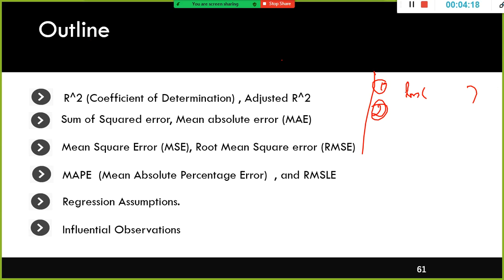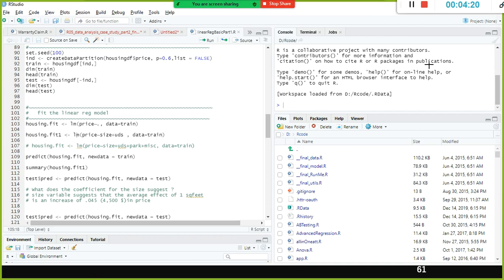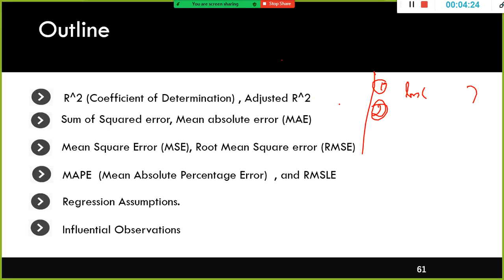apply this trained model on the unseen data? Which function is that? Excellent, right? Predict. Good. Very simple. So you have to remember these two functions. You need to use predict. You need to specify the model name, and then the unseen data, right? Which data? Not the training data, the test data set. In our case, the test data set.